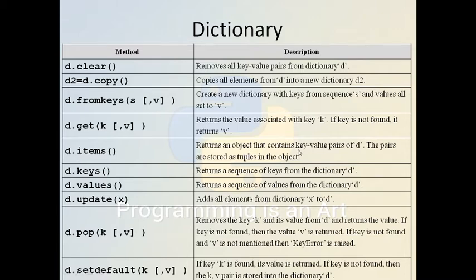Items returns an object that contains the key value pairs of D, stored as tuples. So D items will return a tuple object of the entire dictionary, and D keys returns a sequence of keys from the dictionary D. It will return a list of all the keys, and values will return a list of all the values.